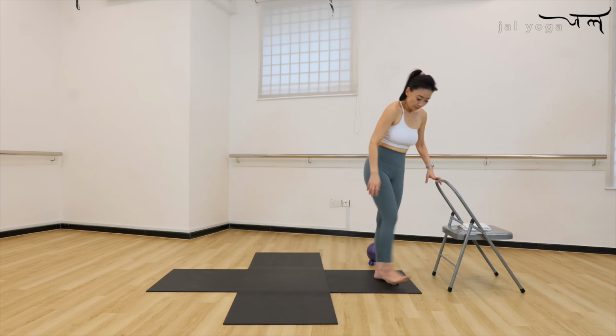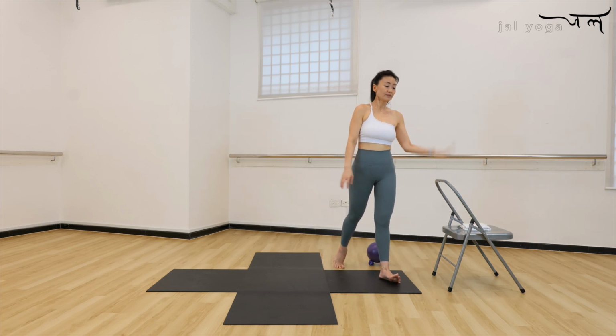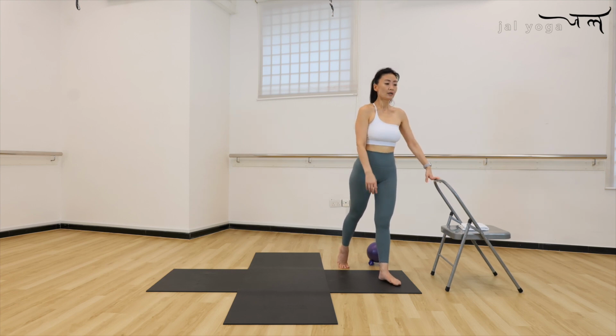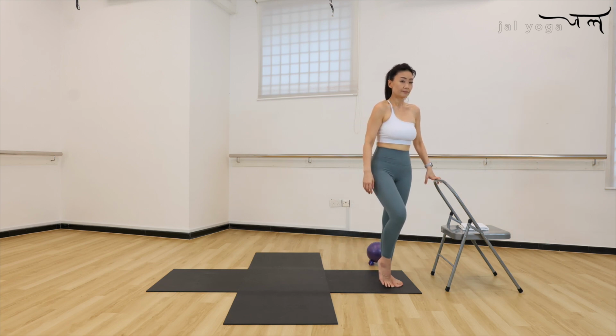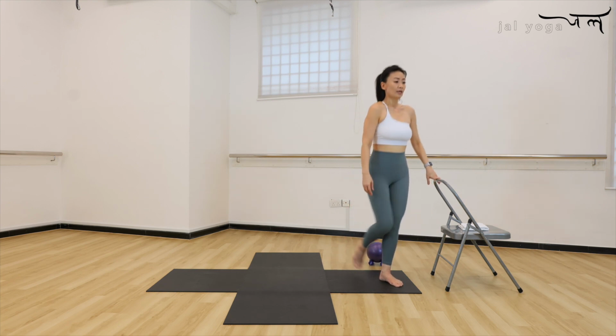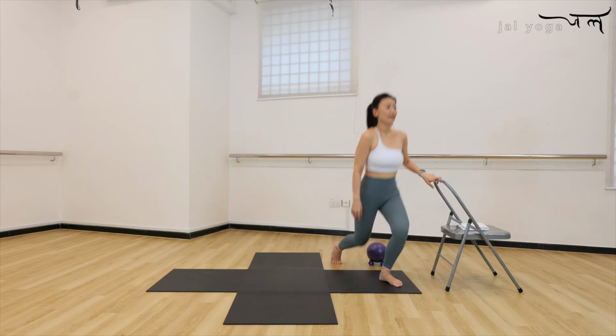Okay, start to bring the right foot back. So we're going to do 90 lunge here. So your left hand holding onto the bar. So we're going to press 90 lunge up and tap. Press it down and tap. Last 6 here. And 5, 4,